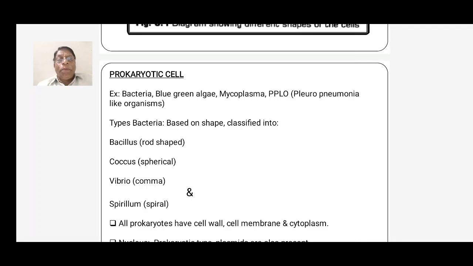For example, bacteria are classified into different types based on their shape. So, based on the shape, they are classified into 4 types of bacteria: